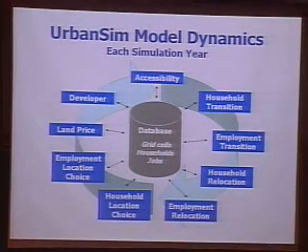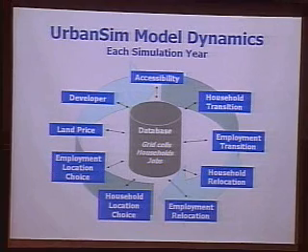There's a household transition model, which is really just an accounting procedure. It looks at the regional control totals and says, well, we need to add some households or we need to take away some households, and it'll draw them from the distribution. The same thing with the employment transition model. Again, it's more of an accounting procedure than anything.